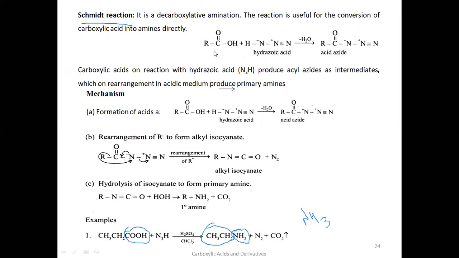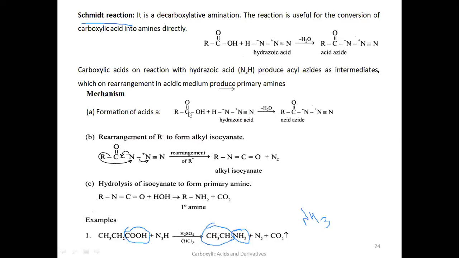So we have to take this starting carboxylic acid and hydrazoic acid. This is HN3, hydrazoic acid. This is the structure of hydrazoic acid. This is how you will write HN3: N triple bond N bond NH. Since this nitrogen is getting 4 bonds, we have to indicate positive charge because the valency of nitrogen is only 3. And since this nitrogen is having 2 bonds, you have to indicate minus charge because the valency of nitrogen is only 3 and one excess electron is there, therefore negative charge here. Now this is sp2 carbon.